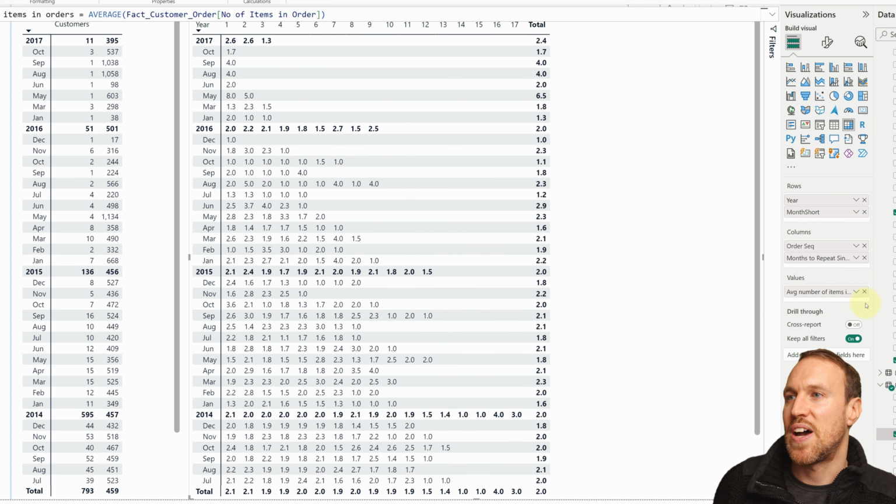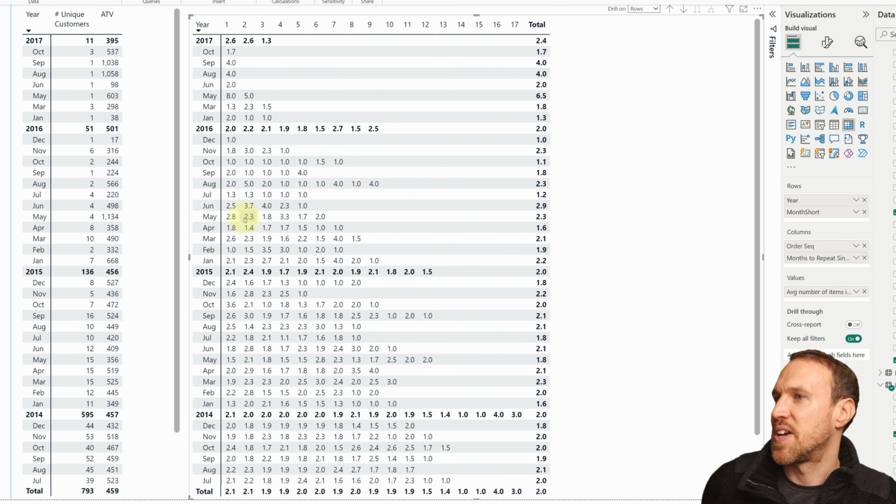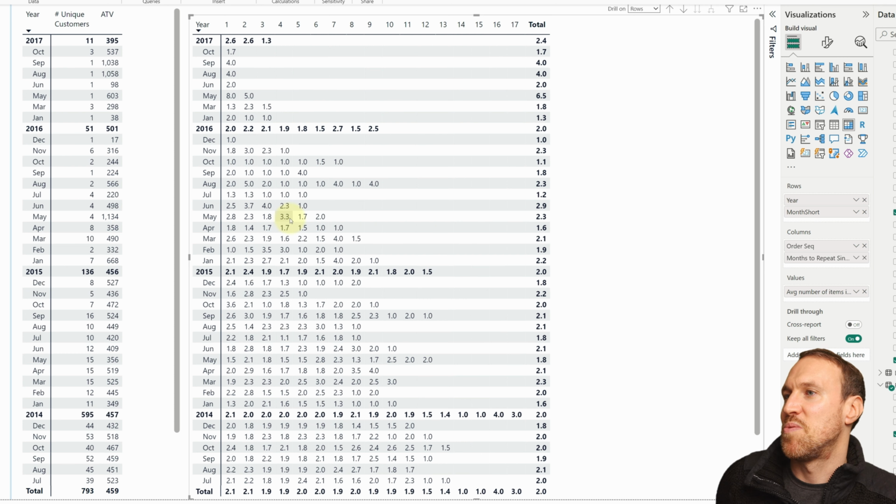So if we remove that, then we can look at May 2016, and we can see that was the average number of items in the first order. That was the average number of items in the second order, where there were the higher amounts, and then they dropped off. And then these are quite small. So these have got higher amounts here, higher than before, but the actual amount wasn't that high. So you can then see, is it number of items in orders that have driven that down? Or you can tell if it's quite low ticket items that are going to be driving down the amount of